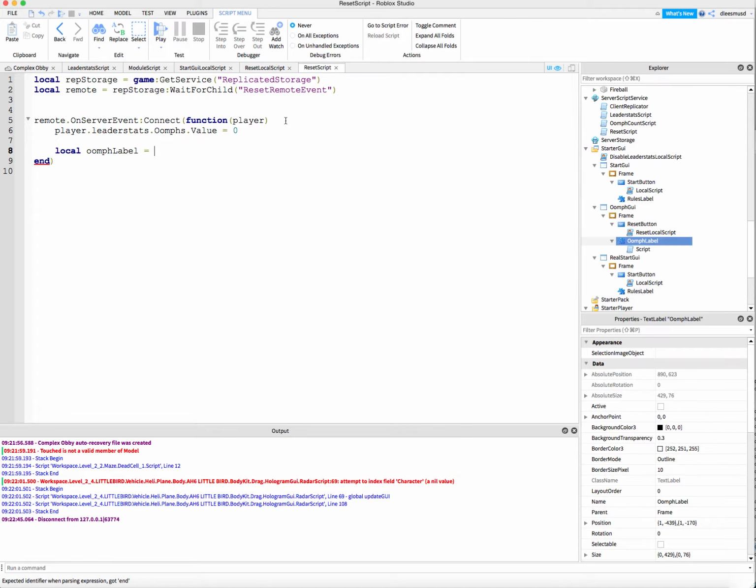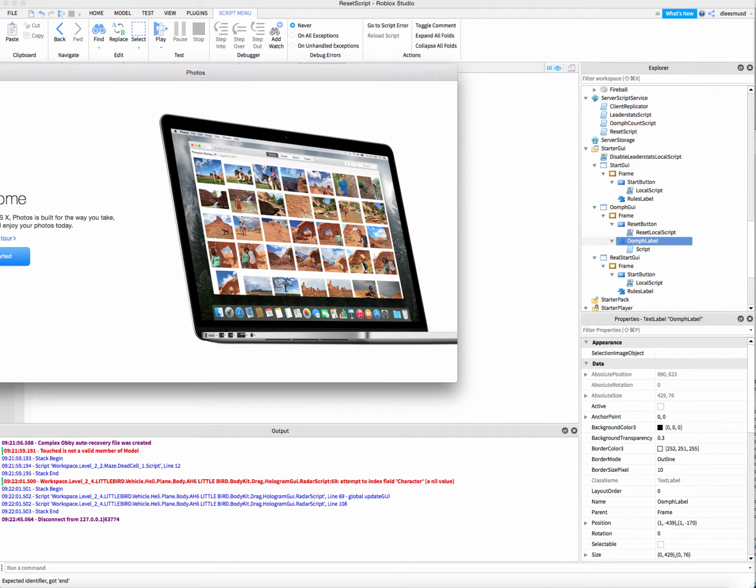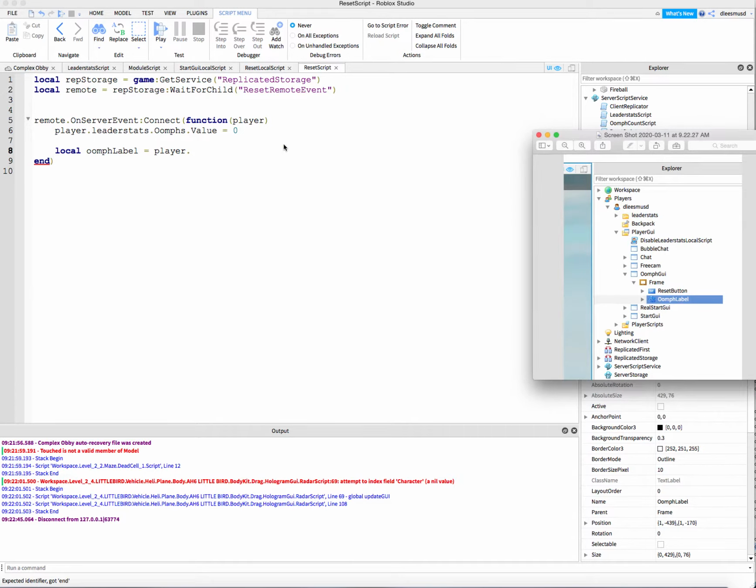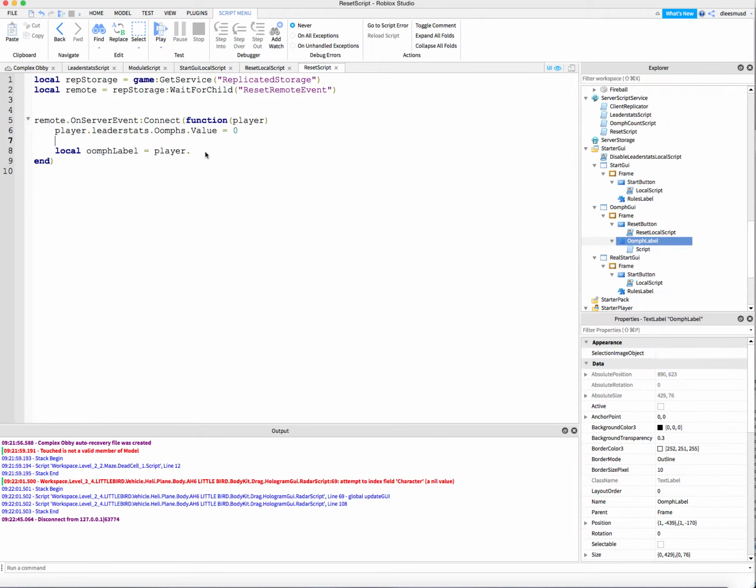So oomph label is equal to the player dot, where is my picture? That's not it. That is it. So I'm going to go to the player dot player GUI dot oomph GUI,